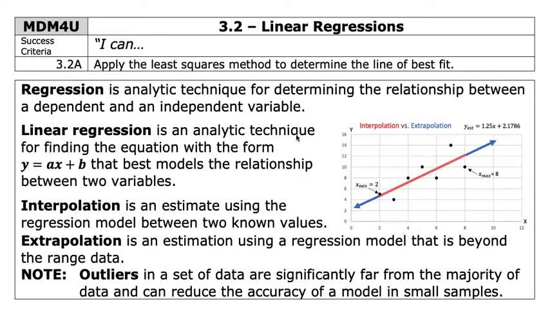Linear regression is an analytic technique for finding the equation with the form y = ax + b that best models the relationship between two variables. Notice that this is just like the form y = mx + b. It's a degree 1 polynomial, meaning the exponent on x is 1, a representing the slope, and b representing the y-intercept. So this line of best fit is representing the general trend,